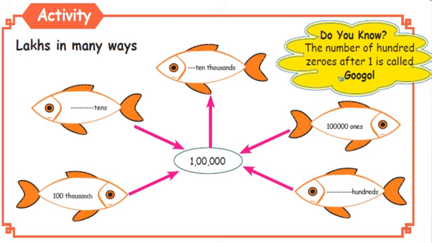So, lakhs in many ways. See at the right side top. Do you know, questions are there which we have already learnt in a past video itself, isn't it? Okay, don't forget about that. Fine, come to the lakhs in many ways. So here itself I can enter the answer, but anyway we are going to enter into the aquarium. Aquarium means where the fish live in the water. Shall we go? Fine.